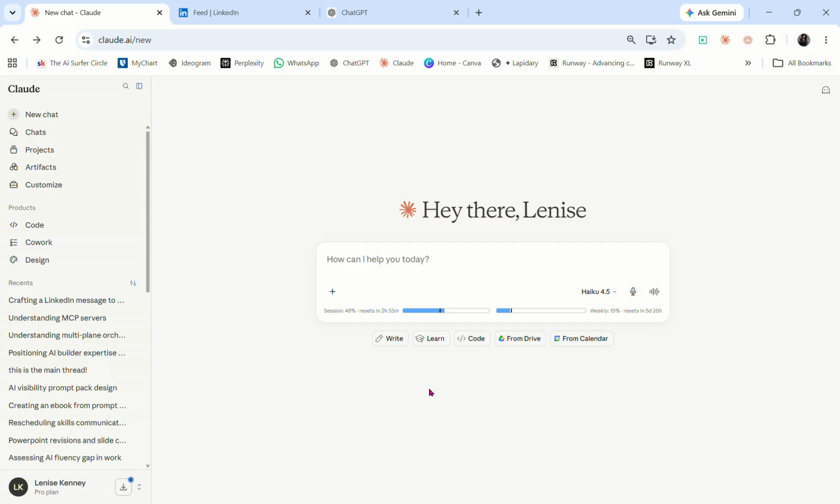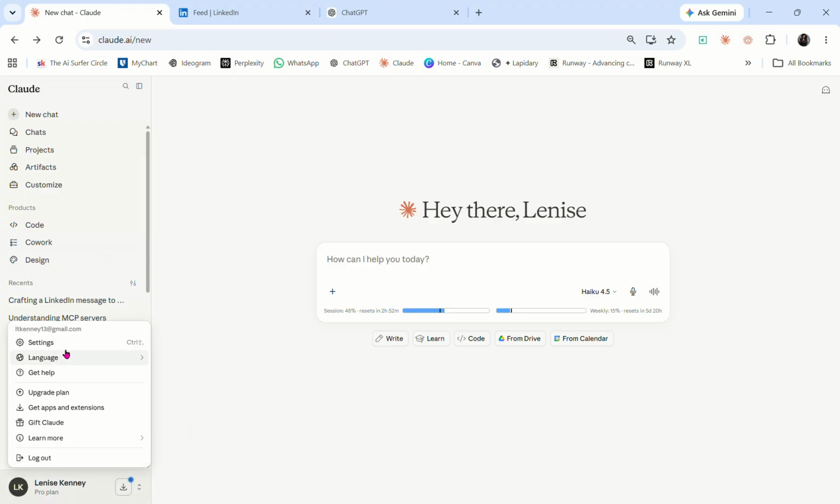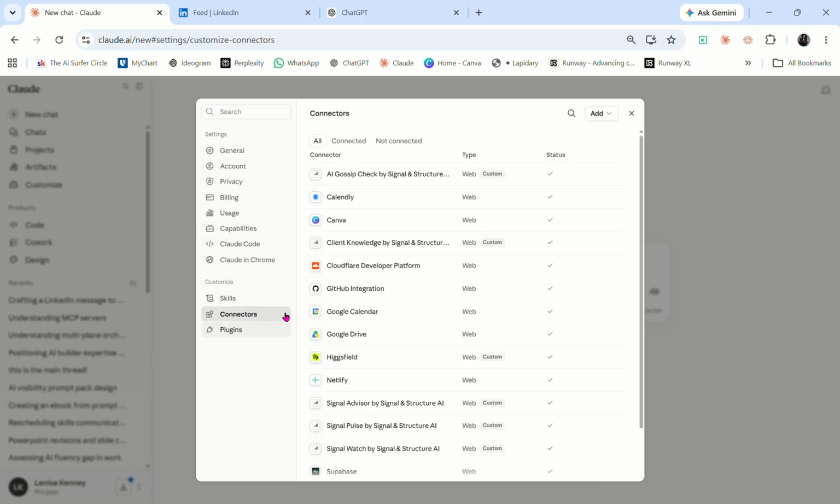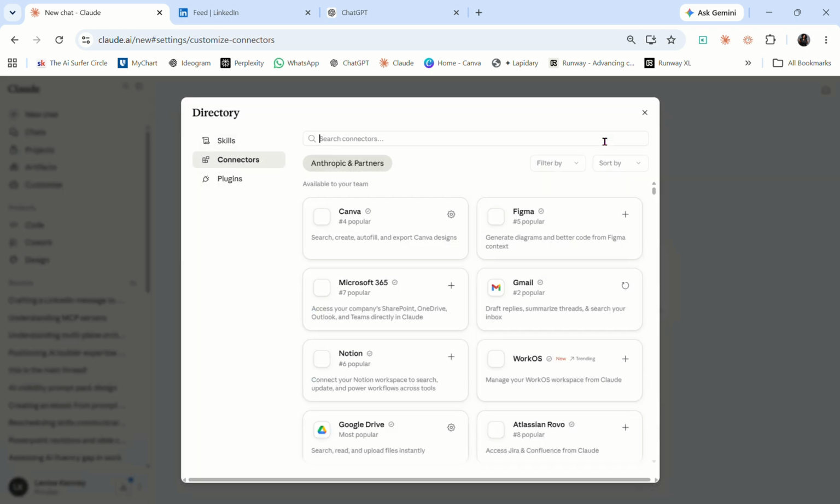Hi, I'm going to help you to connect Claude and ChatGPT to Notion. Okay, there's two ways to get to it from here on Claude. You can go to your settings, and under settings you can go to connectors, add, browse connectors, and Notion